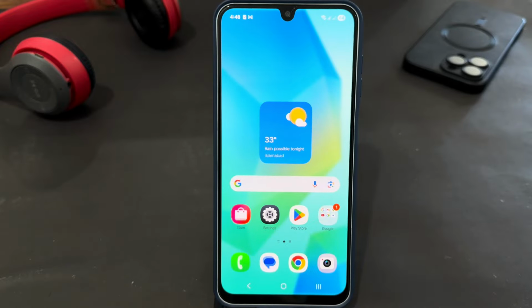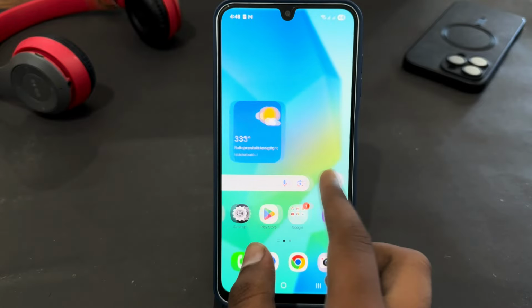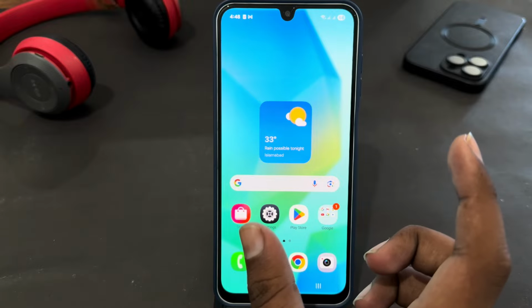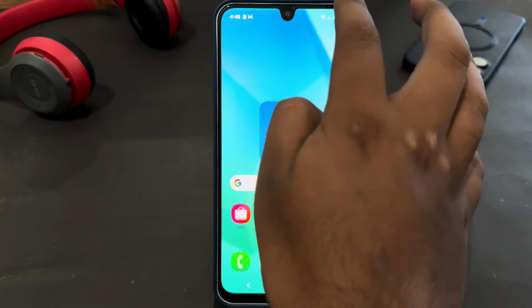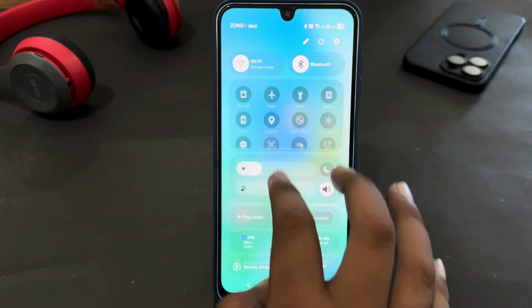Hey guys, today I'm going to tell you how to fix the cellular option missing in Android settings. If you're using any Android phone and your cellular data option is missing, let's see how you can fix that issue. First of all, you just have to scroll down your control center,